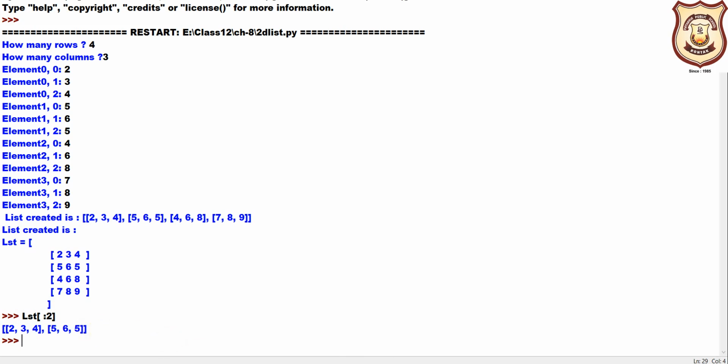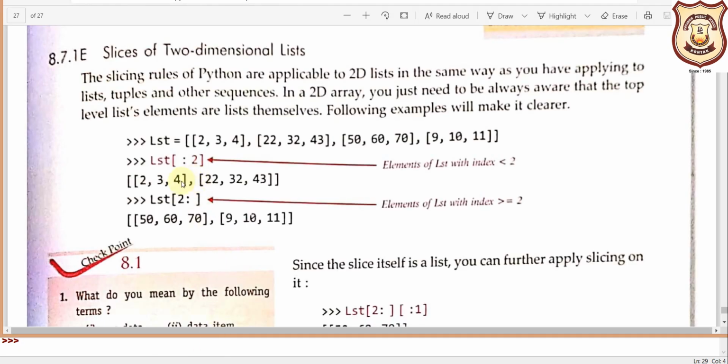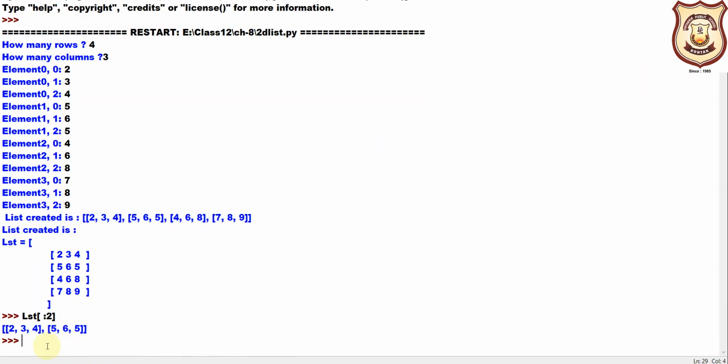Next, if you are giving the input like this, lst[2:] means it should start from 2 and go till the end. So 0, 1, 2, 3: it will start printing from here, and the second and third will get printed. So this is the output. Let me now execute the same here.